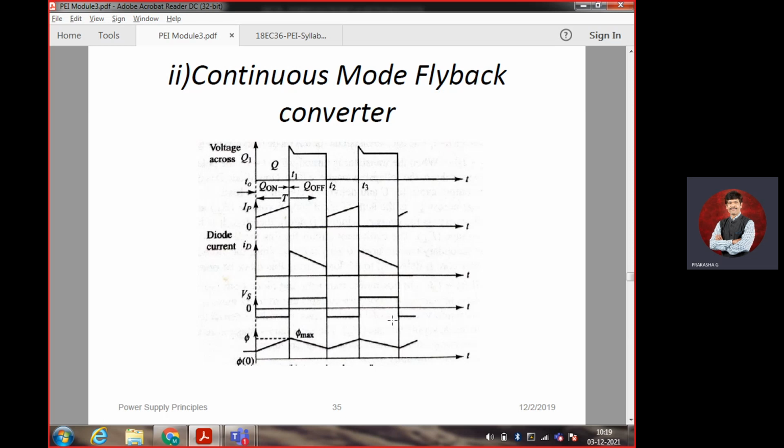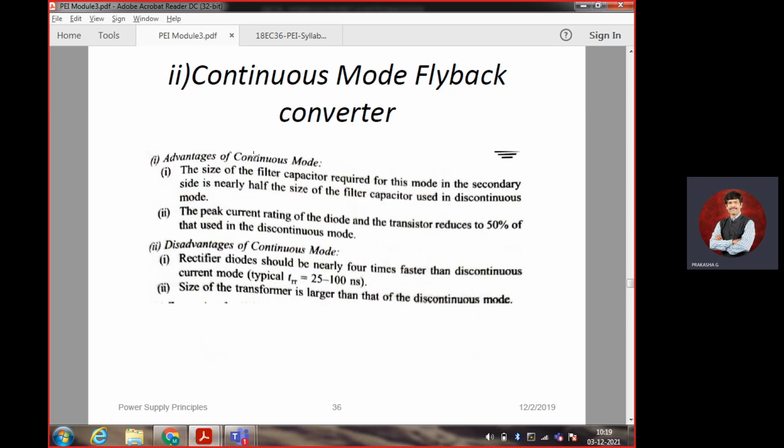Finally, we are going to get a converter output like this, and the maximum phase will be similar to that of the primary current and also the diode current. So this is the major difference between the discontinuous mode flyback converter and the continuous mode flyback converter. Based on this, we can come to a conclusion that there are some advantages of